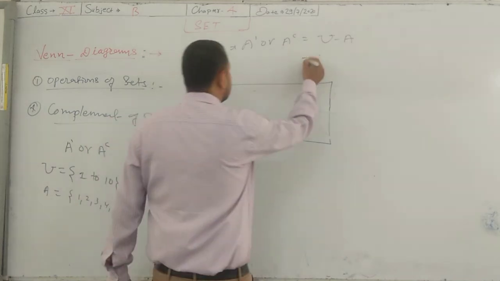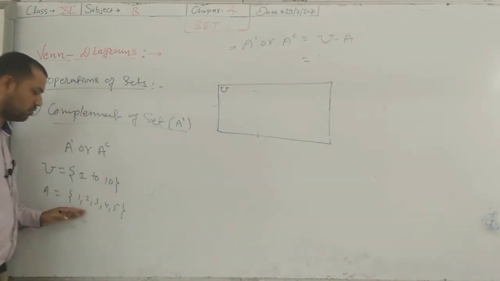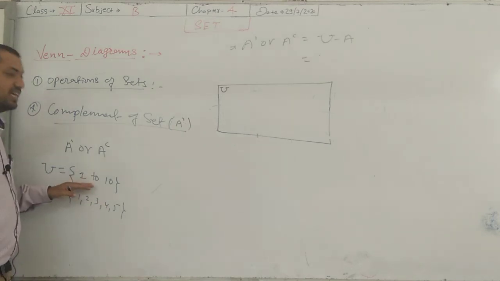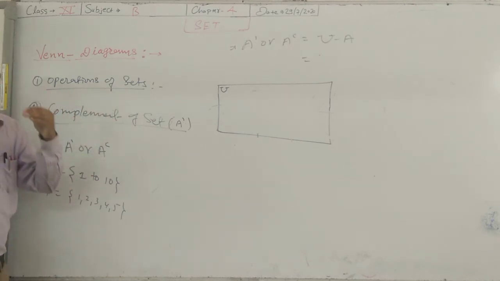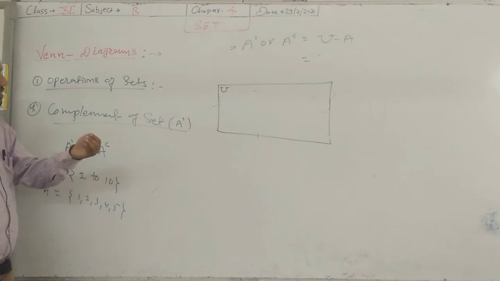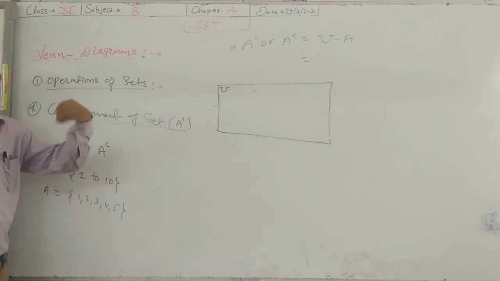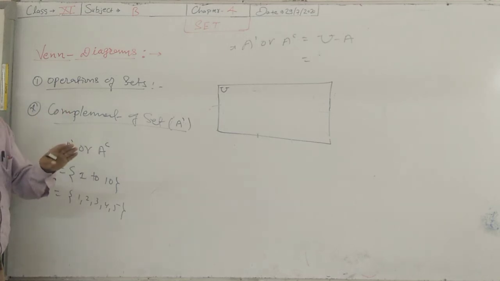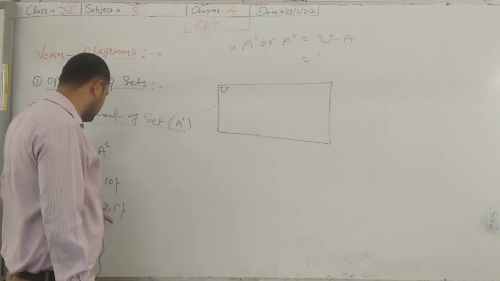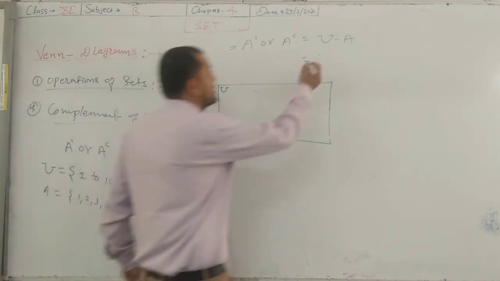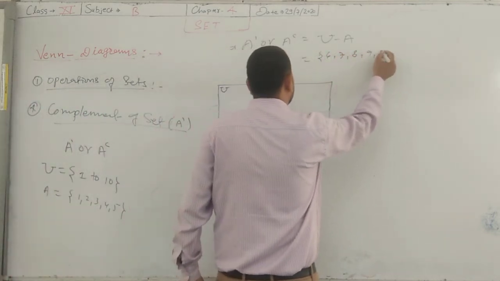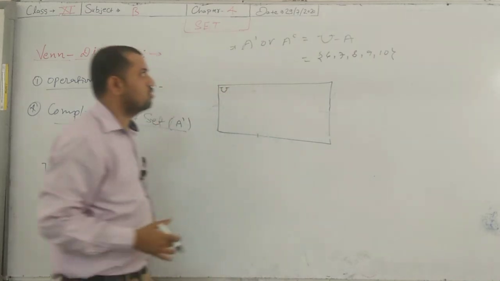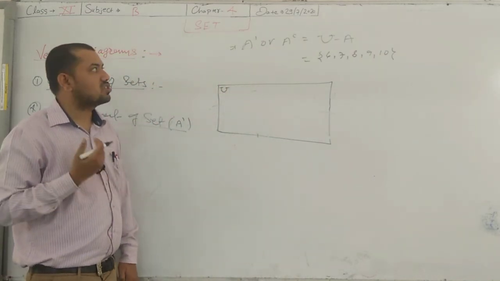The universal set contains the elements from 1 to 10 and set A contains 1 to 5, so the remaining elements of the universal set form the complement. Just as A minus B is the elements of set A not present in set B, and B minus A is the elements of set B not present in set A, when we calculate the universal set minus A, we take the elements of the universal set not present in set A. The elements 1, 2, 3, 4, 5 are part of set A, and the remaining elements 6, 7, 8, 9, 10 are part of the universal set but not in set A.